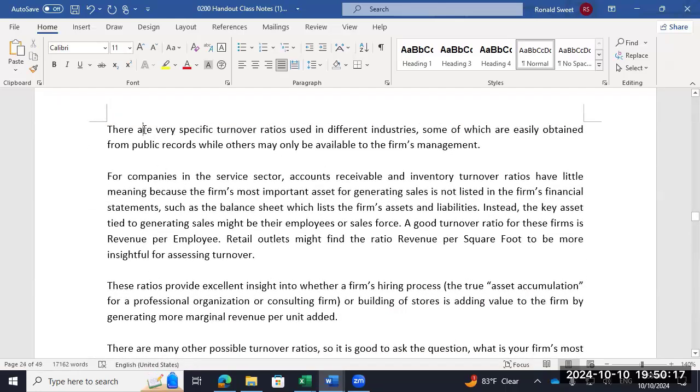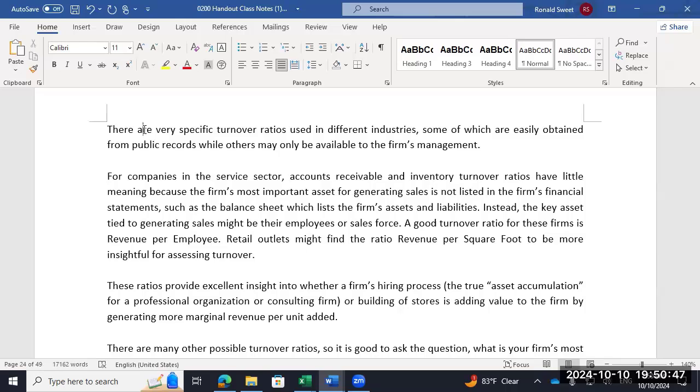There are industry-specific turnover ratios, and you're going to have to try to figure out what those are. So look at your company, try to see what they're reporting on those. That might be in their annual report. Who knows? Make sure to go to your firm's annual report and look at their investor relations and see if there's any PowerPoint that they're giving you to see if there are any ratios in there that they may be following. You may have to create your own, but